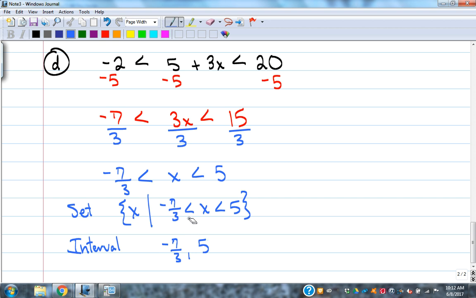Well, is there an equal to mark on the symbols here? No. So it'd be parentheses, yeah, not brackets on that. Okay. So I think the interval is easier on these compound ones than it is on the others because you know it's in order there. So you just got your endpoints and you put your parentheses or brackets around it depending on what the inequality symbols are. And then when you go to the number line,